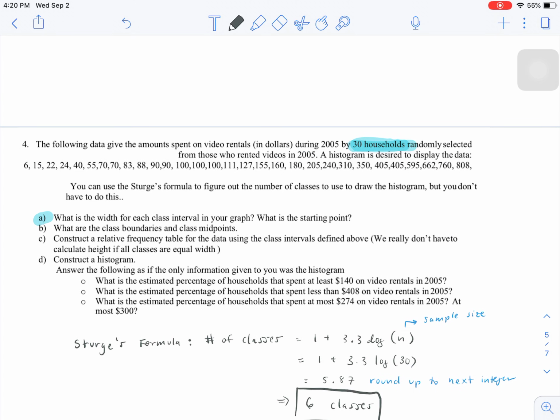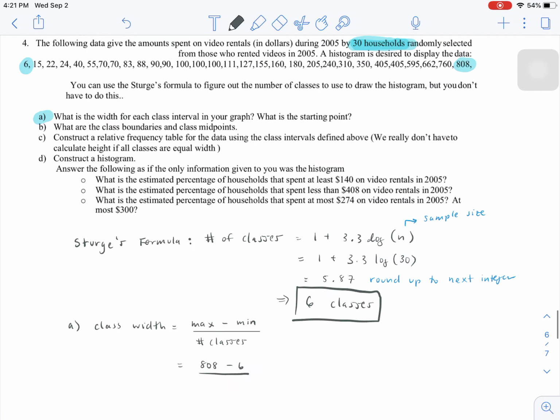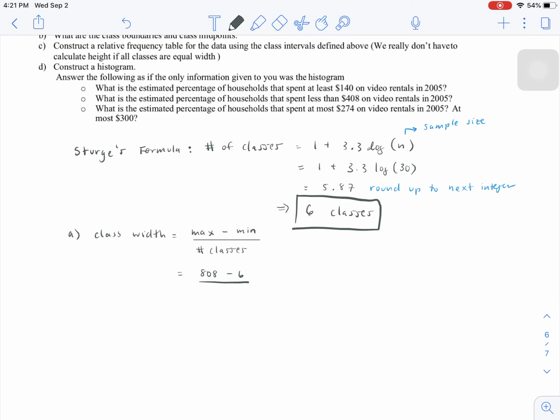So let's look at our data. All of these data points are in order quite conveniently, so we can see pretty easily that our minimum in our data set is 6 and our maximum is $808. So our class width is 808 minus 6, and we found from Sturge's formula that our number of classes is 6. If I plug this into my calculator, I get